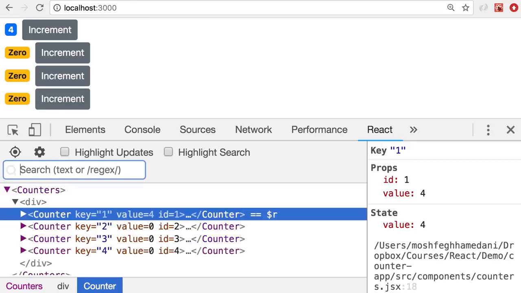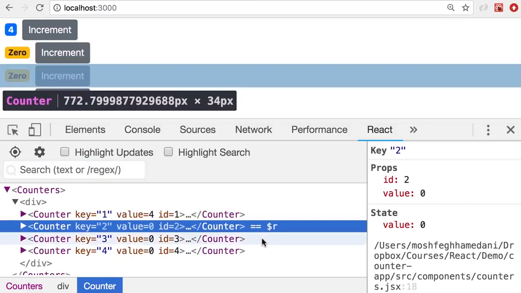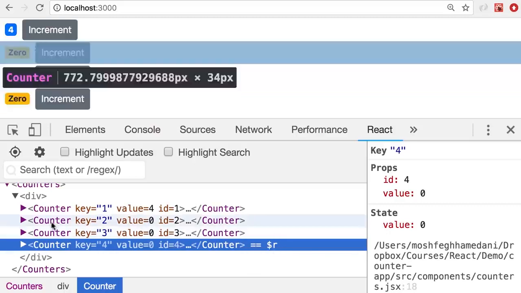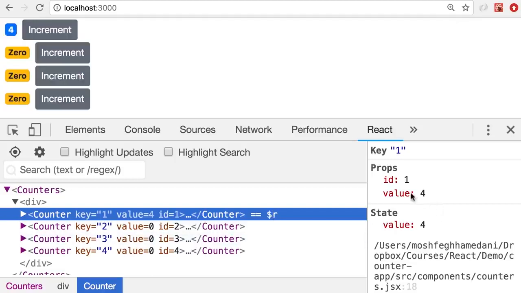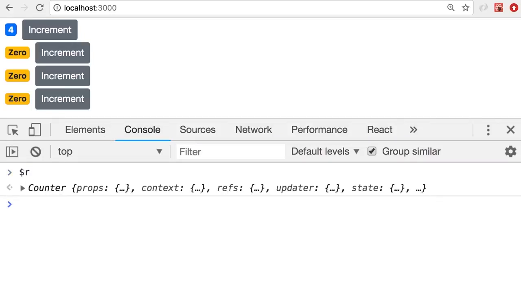Another useful feature here is this $R. So note that as I select each component here, we get this equal $R. What is this? Well, I'm going to select the first one. You know that in the first component, our value prop is 4. Now, if we go to the console tab and type $R, look, we get the instance of our first counter